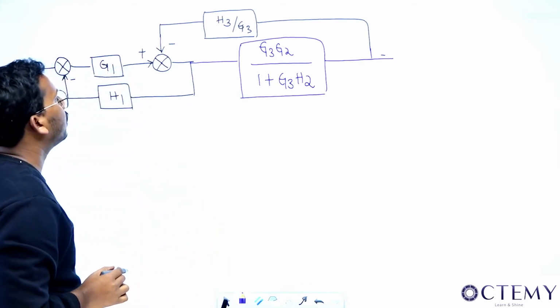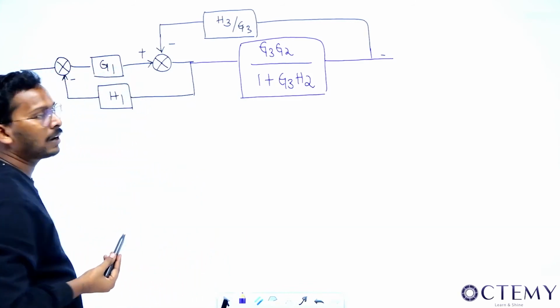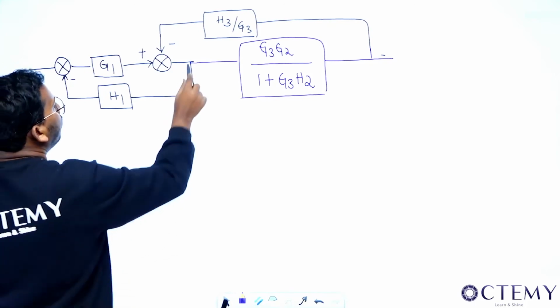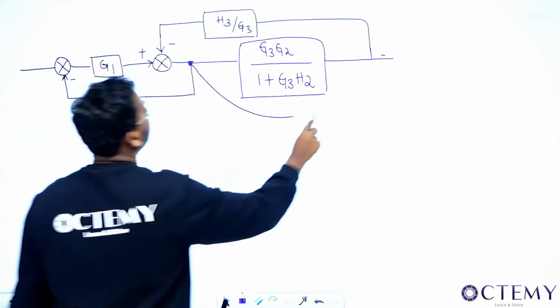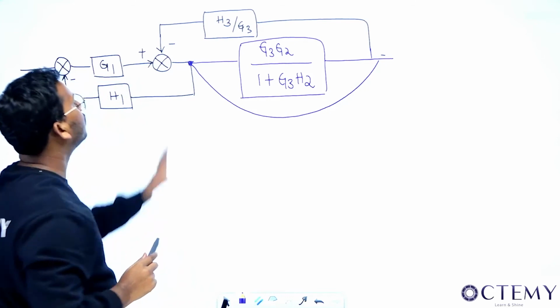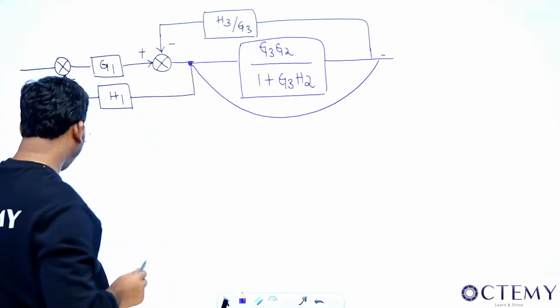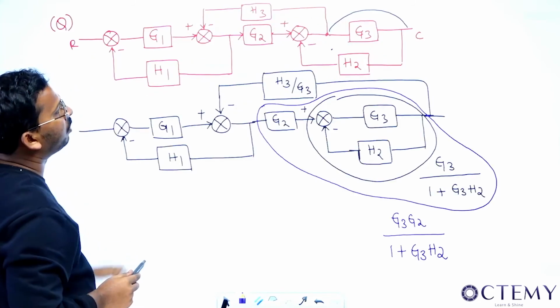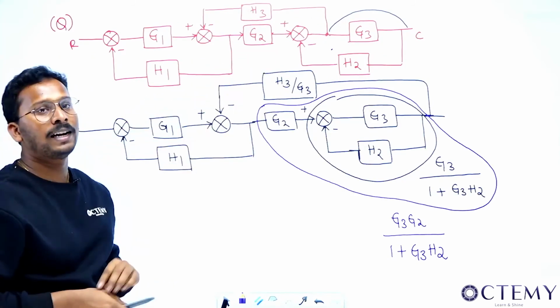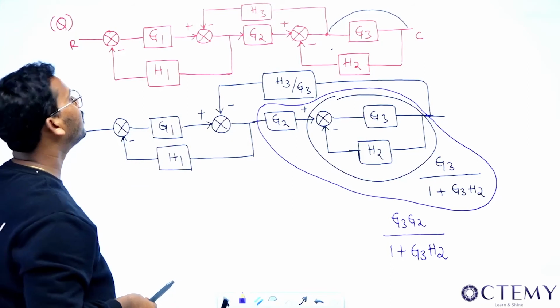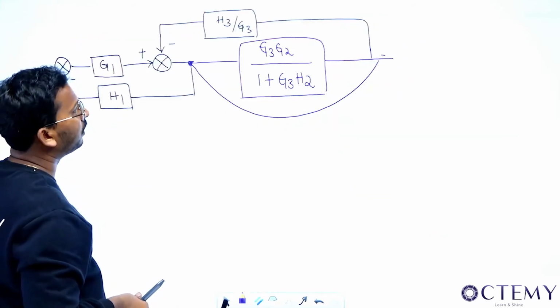Now what you have to do, sir? Now you can see the answer. See how? If you move this fellow from here to here, this will become a loop, this will become cascade, then it will become an entire loop. So one step, if you do it right, the one step you are doing from here to there, if you get that idea, the entire problem is getting over, sir. Right? So make sure you get that idea.